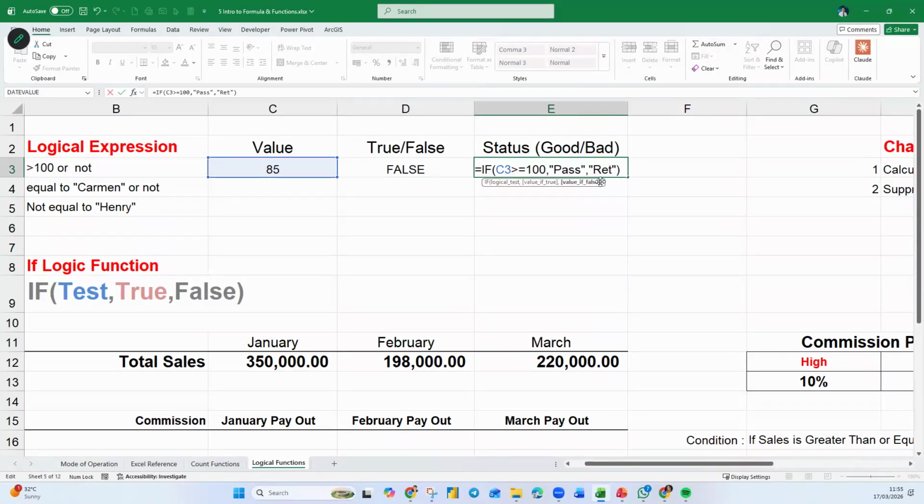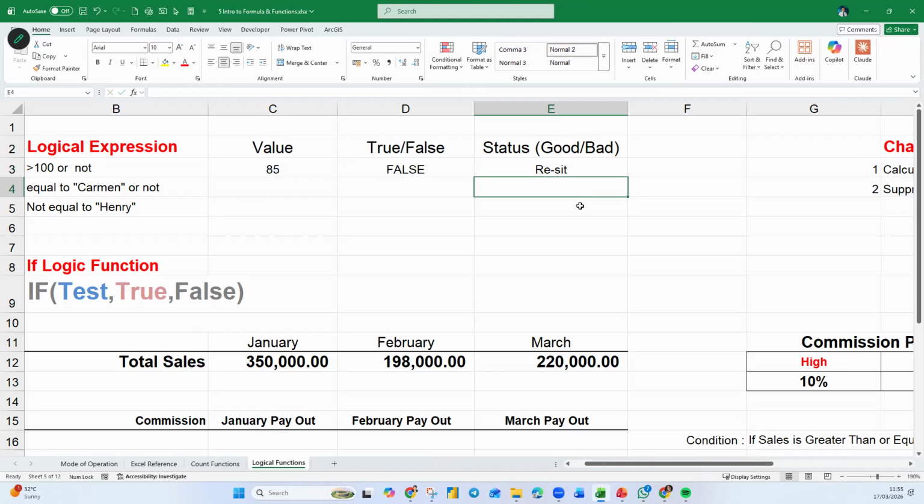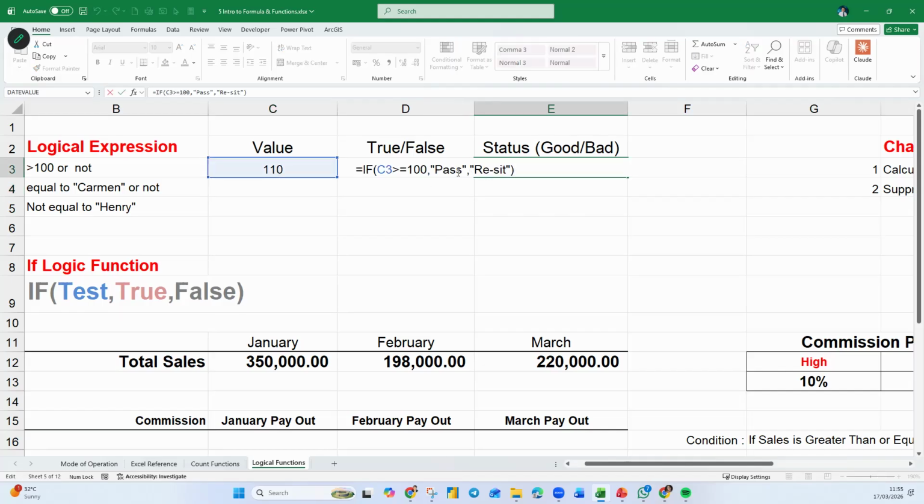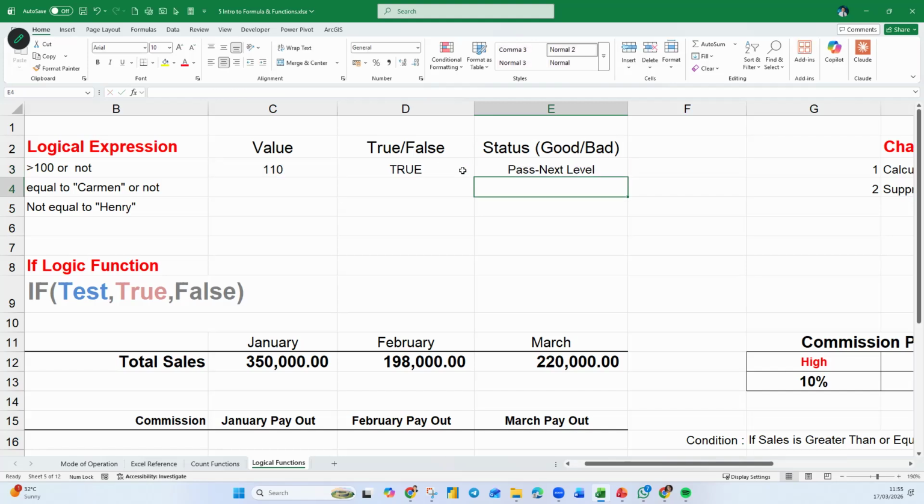You can put there retry, or shall I say resit. They have to resit. 85, they have to resit. If they have 110, they pass. So not only pass, you can put there pass, go to next level. If it's 85, resit. Yeah, you can do that.